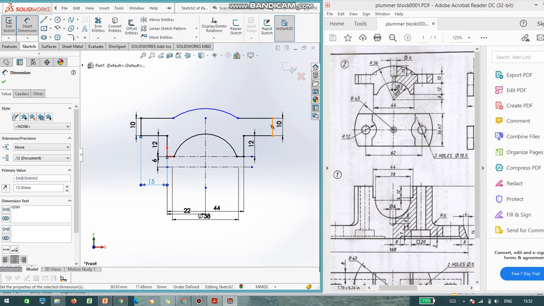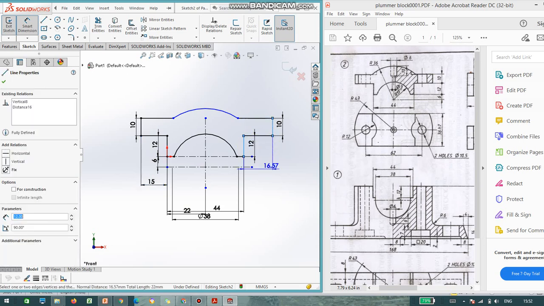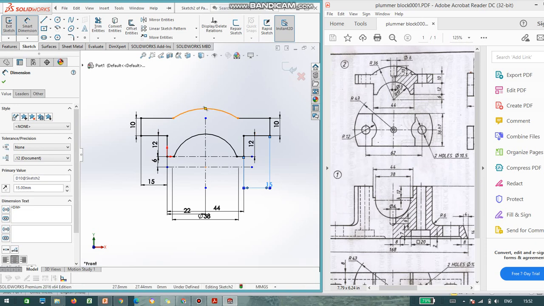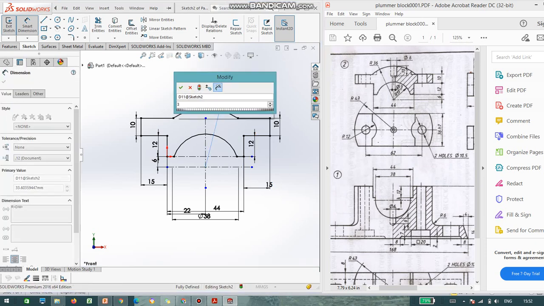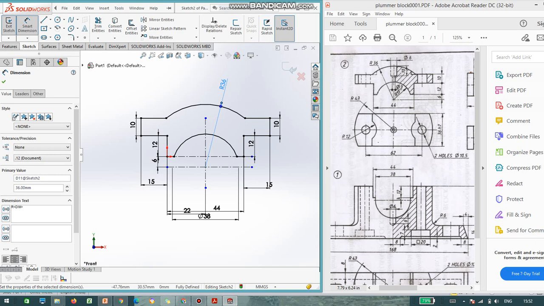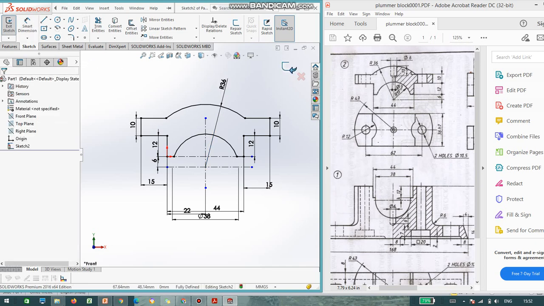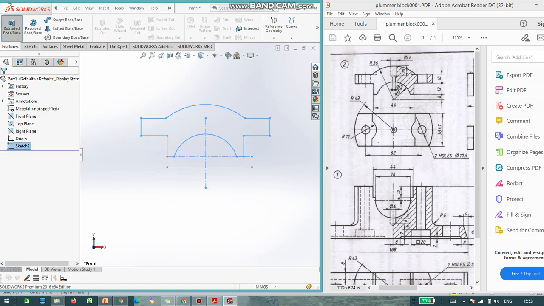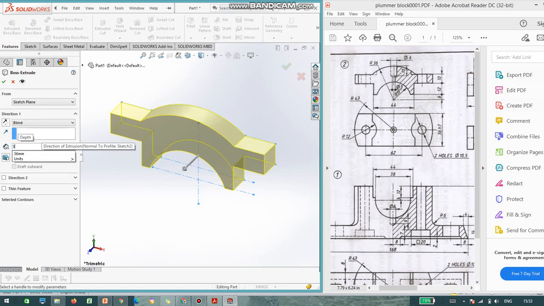Same thing I'll assign on the other side, you can take any random length, 15. This is 36. Okay, now we can see it is fully defined. So come out from the sketch and you can extrude for a length of 36.